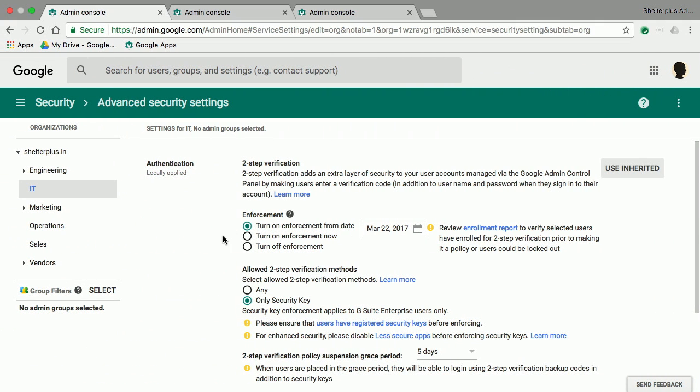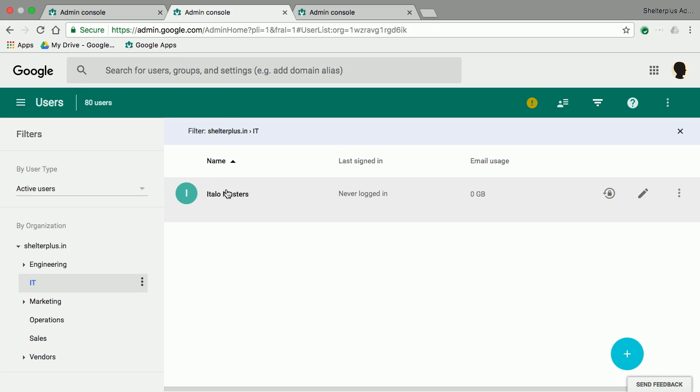In addition to that, I showed you initially the enforcement. I showed you the self-enroll as the user. Now I'm going back to the admin view to deal with a situation where the user has lost the security key. So that's the recover that Rina mentioned. In this case, let's say that Italo lost his security key. They called in, let the admin know. The first thing you would do